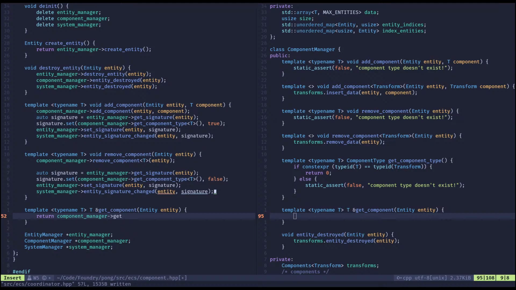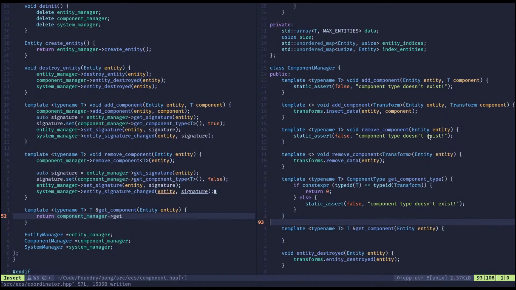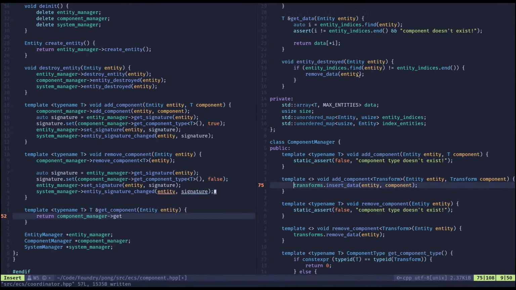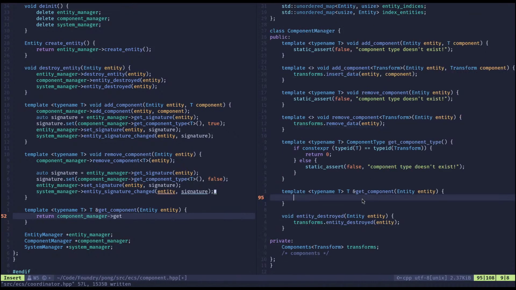Hold on. Component. Hold on a sec here. Yeah, okay, so that's going to assert that. So I don't need to be too careful about the checking because that's going to get handled elsewhere. Okay. Get component. We'll do if constant expression type ID